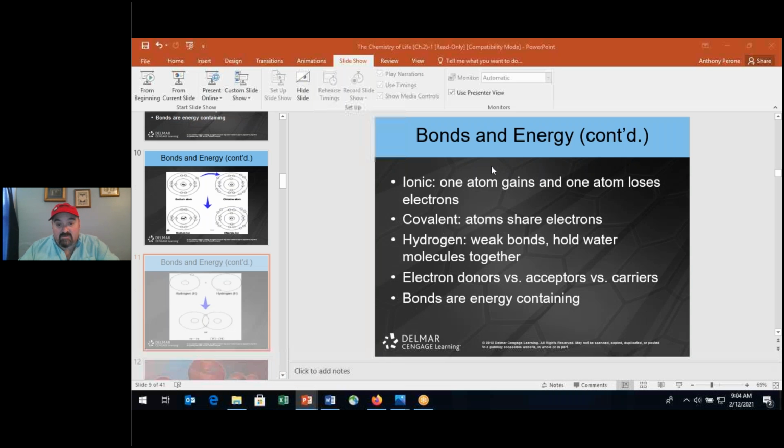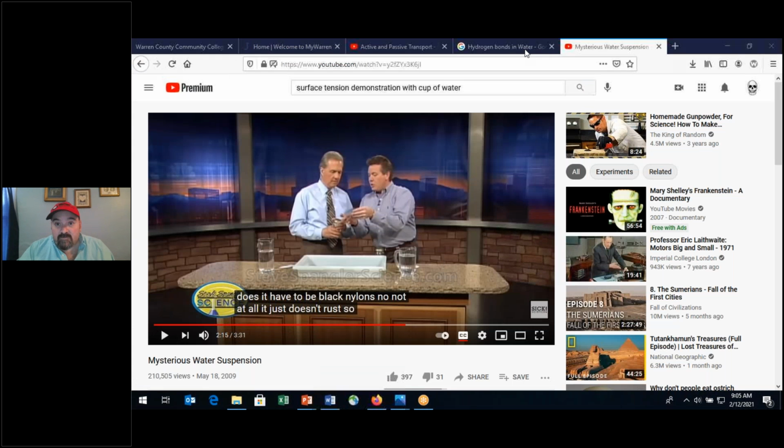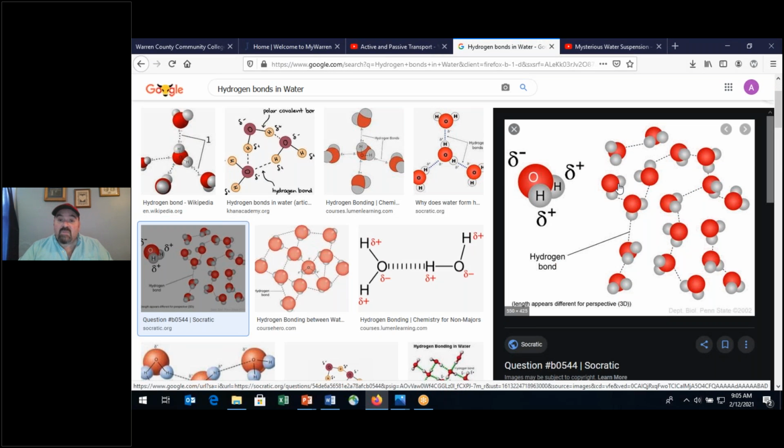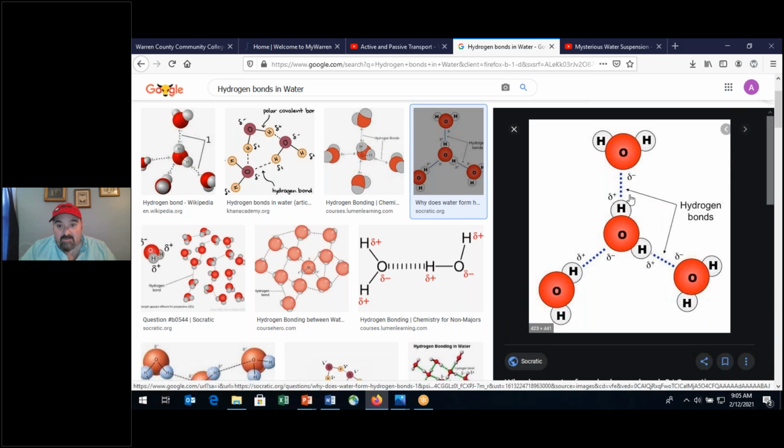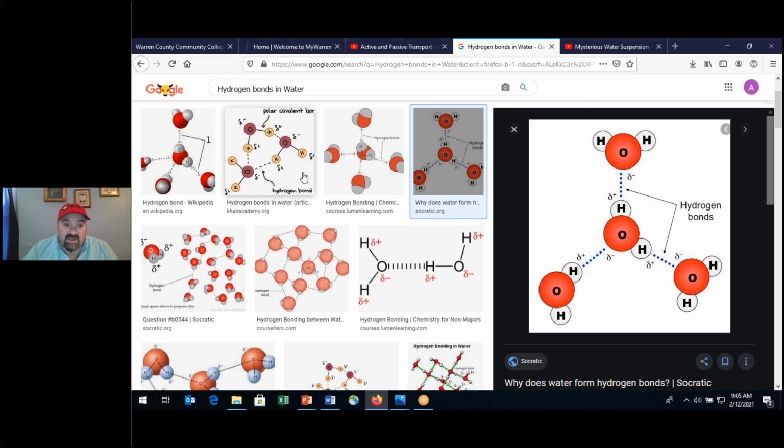So when we looked at here, again, we have an oxygen and two hydrogens, okay? There's bonding that takes place here. But look at here, folks. These bonds are taking place between the water molecules. So two hydrogens and an oxygen create a water molecule, okay? These water molecules will then bond with each other via these hydrogen bonds, okay? And so that's what's taking place as far as the different types of bonding within these structures